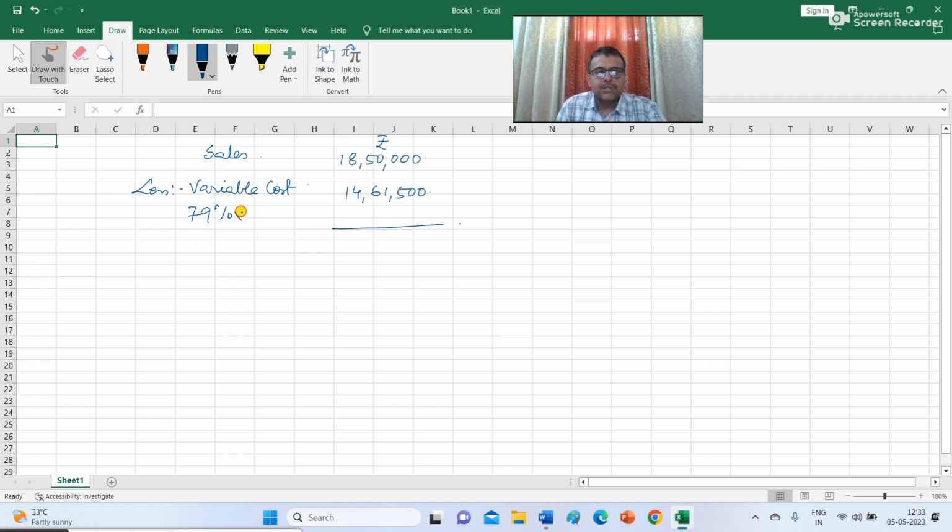So 79% of 18,50,000 is 14,61,500. So your contribution is 3,88,500. So this is the balancing figure, or when the variable cost is subtracted from sales, you have a contribution